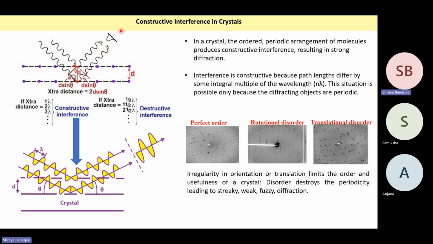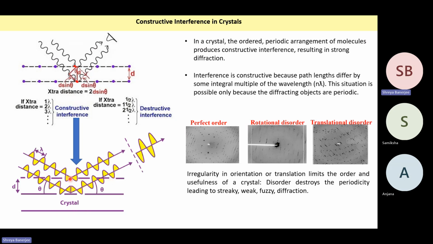So this will completely cancel out. So like this, different X-rays will diffract off different layers of the molecules of the crystal, and you will get a net pattern. We always prefer a net pattern that is constructive, because that is the entire point of having crystals where you have